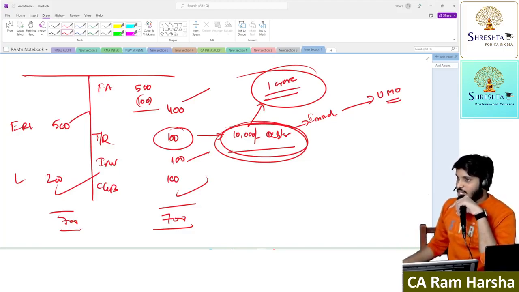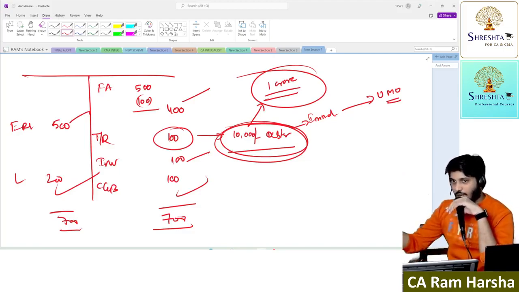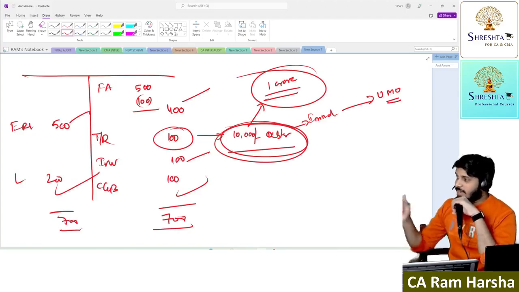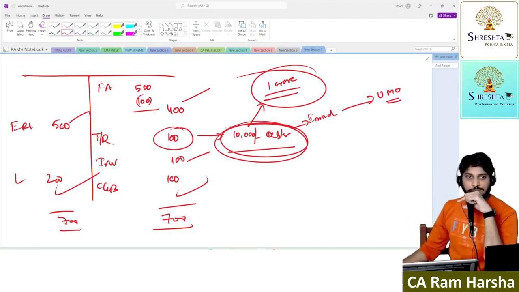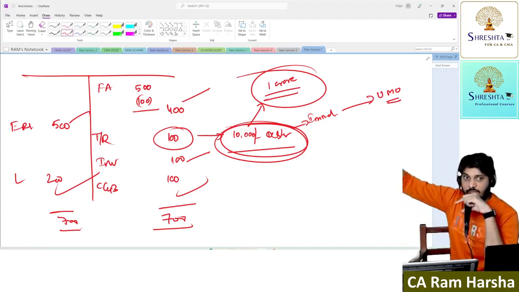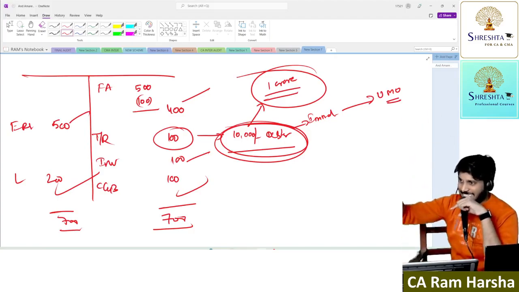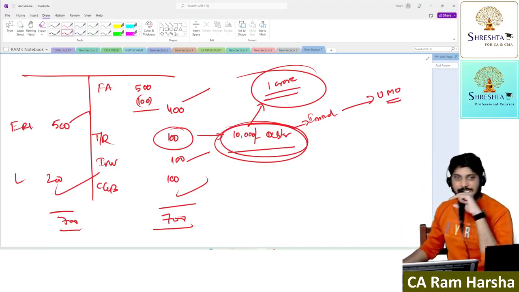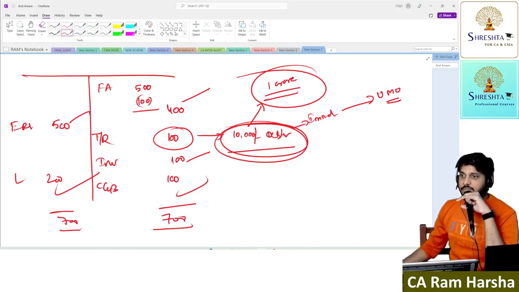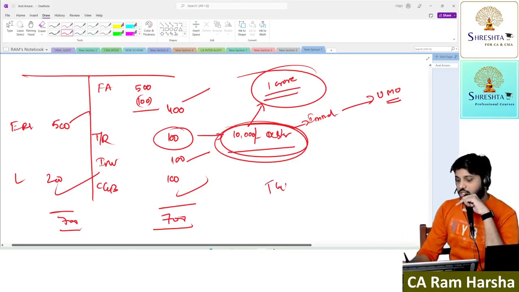But here, you don't know where the customer is. You didn't talk to him. How can you say 1 crore is materially misstated? How can you say this is a mistake? First of all, do you have information to say this is a mistake? No. When you don't have information, how can you comment on this? So give your opinion on the rest of the balance sheet and P&L except this. Are you getting the point? Except this, give your opinion on the rest of the balance sheet. The rest of the balance sheet is true and fair